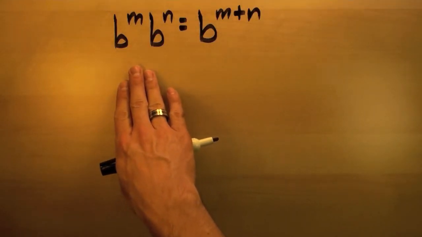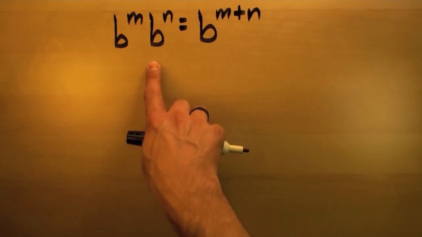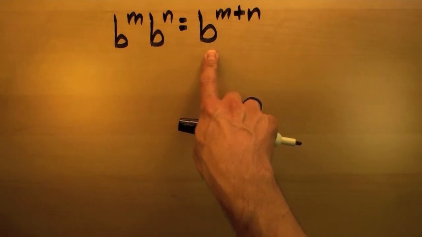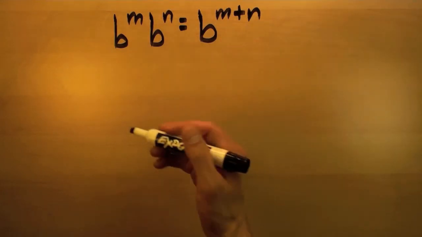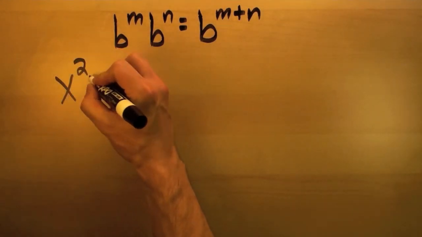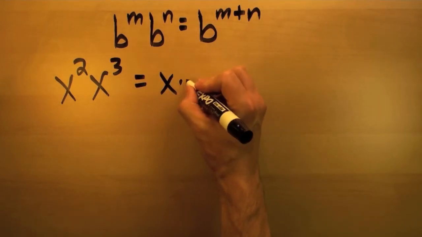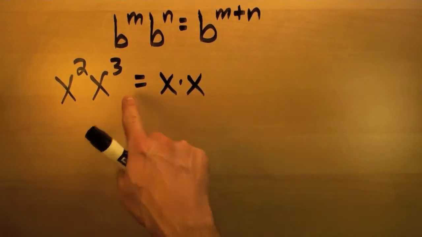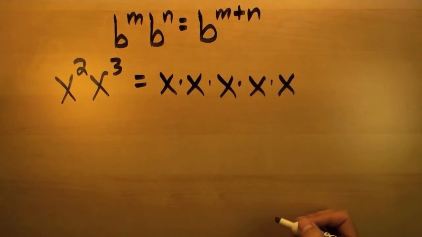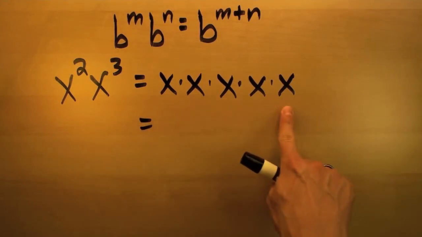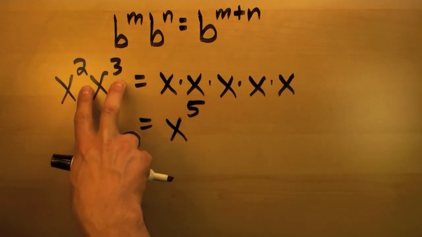If we have the same base being raised to two exponents and those two terms being multiplied together, we get a new term that has the same base but with the two previous exponents added together. And this makes sense because if we have x squared times x cubed, well, x squared really means x times x, and x cubed really means x times x times x. So what we really have is 5 x's multiplied together, or x to the fifth, which is the two previous exponents